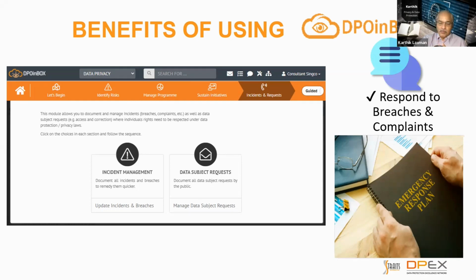Now, the situation can be because of the unfortunate situation of having a breach, a personal data breach in the organization, or it can be a request from a data subject, excuse me. So all this can be managed within the DPOinBOX itself. So for breach management, you might be putting a plan together. All that can be documented inside the incident management portion of the DPOinBOX, right?